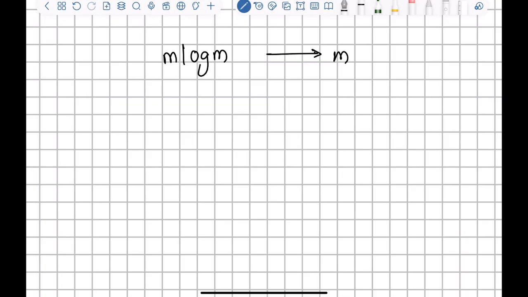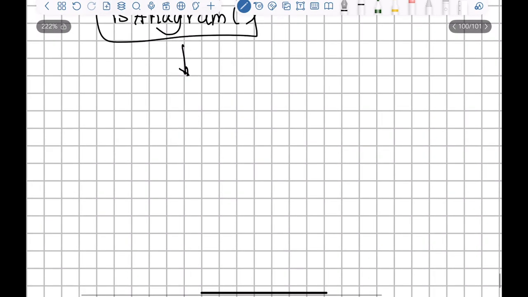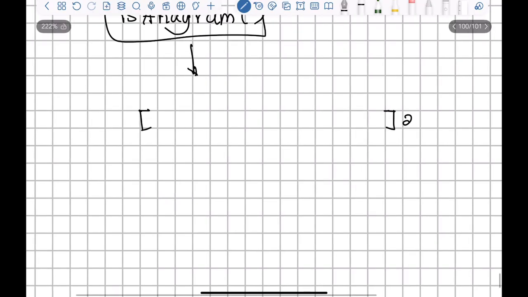Basically we need to optimize our is anagram function. We never had this function essentially, but by sorting and checking equal, we were just doing the is anagram function. So we need to optimize checking our anagrams. How do we do that? So basically we create an array of length 26